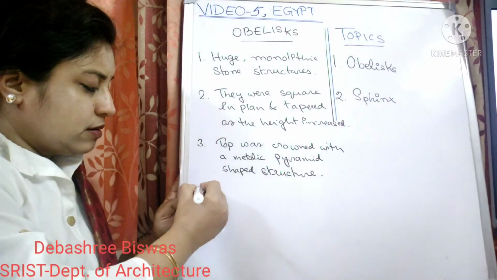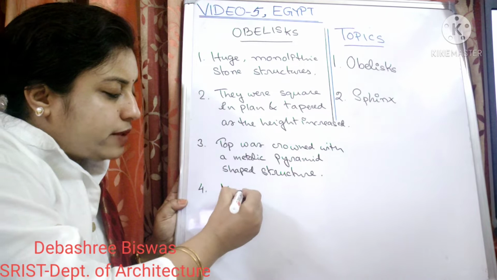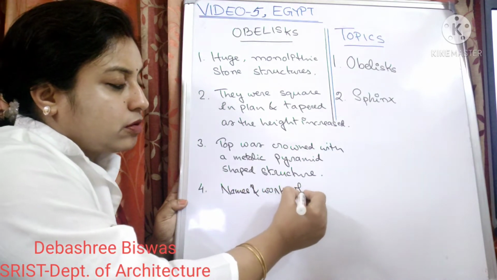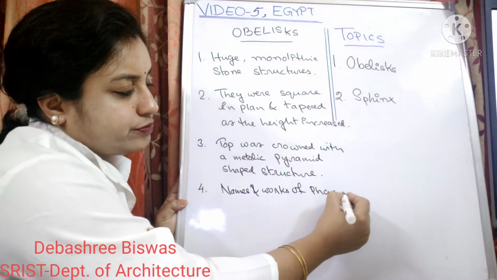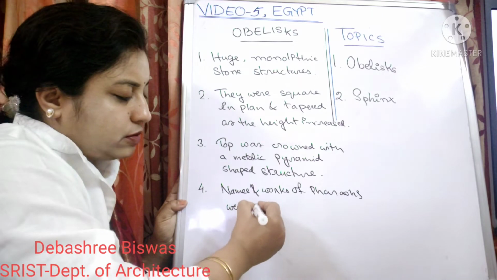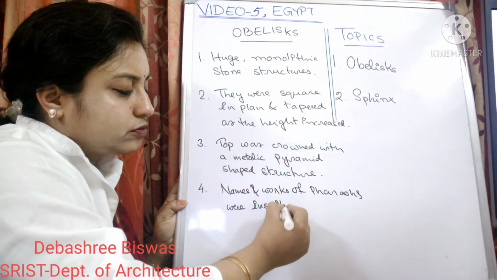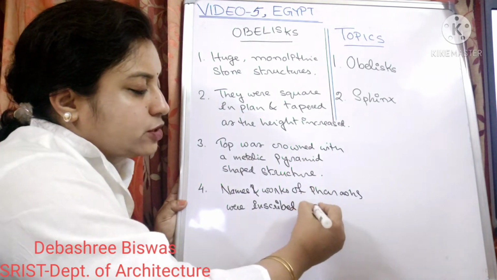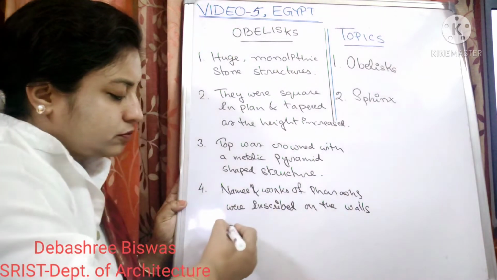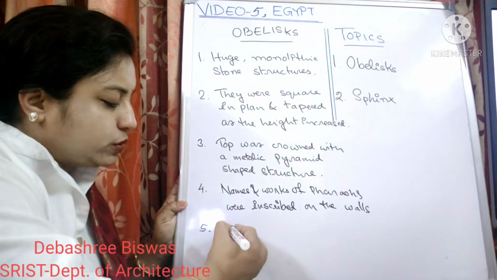Now these names and works of the pharaohs were inscribed definitely in hieroglyphics on the walls of the obelisks. Obelisks were usually